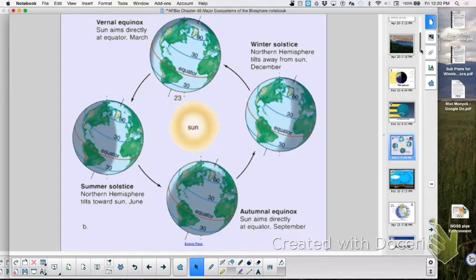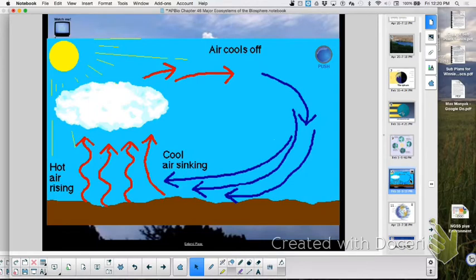75%. Mm-hmm. 3/4 of the Earth is water. And so when you have that direct heat, like at the equator, on the water, what's going to happen to the water? The water is going to warm up. And we know that water changes its temperature more slowly than a terrestrial area. It loses it, but it will re-radiate that heat back out, and then that will heat the air above it.